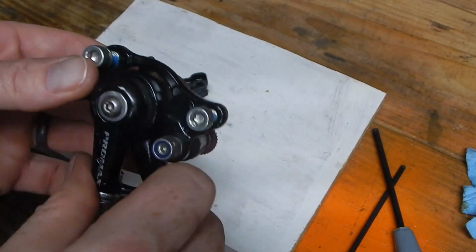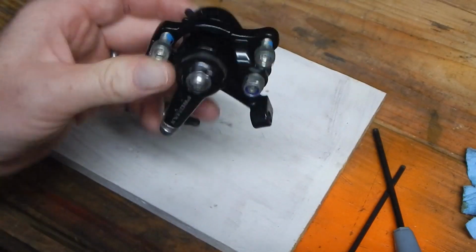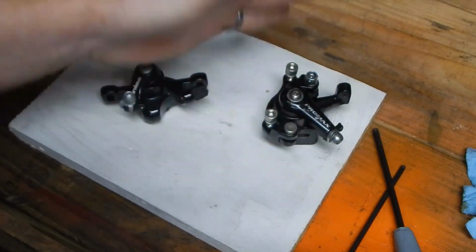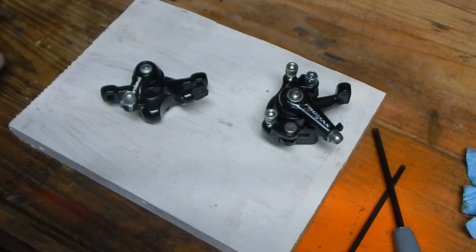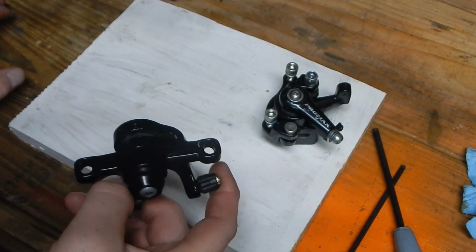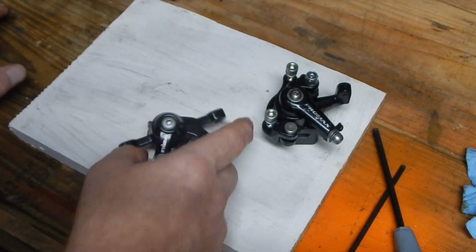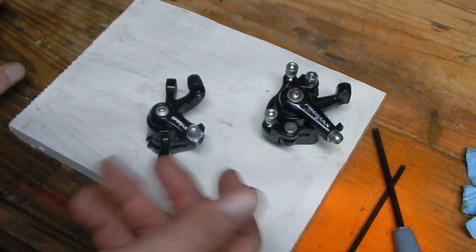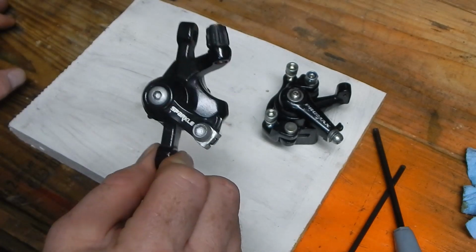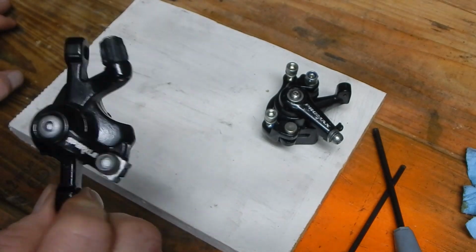It's snappy, real nice and clean. I've re-greased it and it's ready to go. And that one, I mean, somebody can get years of use out of it. And that's why to do this is, if you're not necessarily going to go try to upgrade immediately, if you're the type that wants to get the most use out of something, even if it is basic,